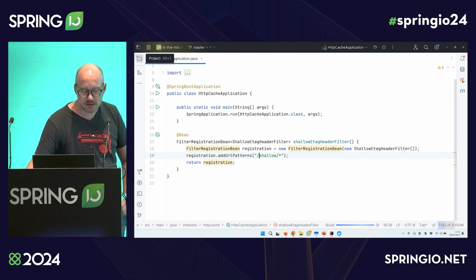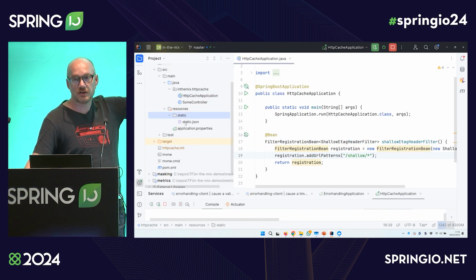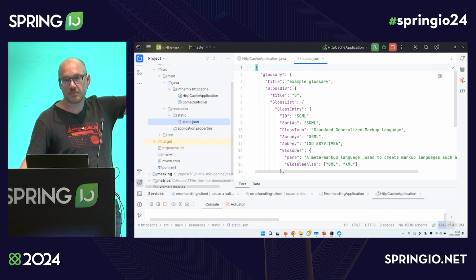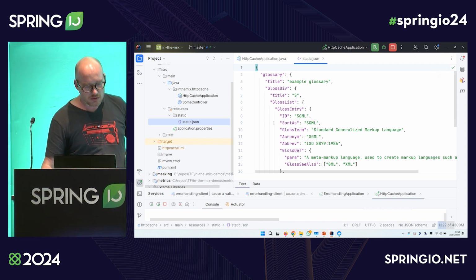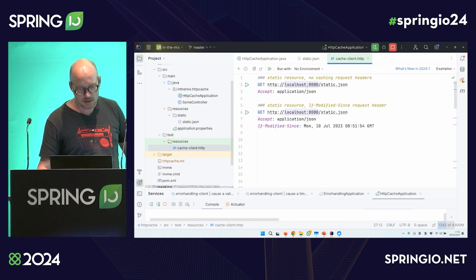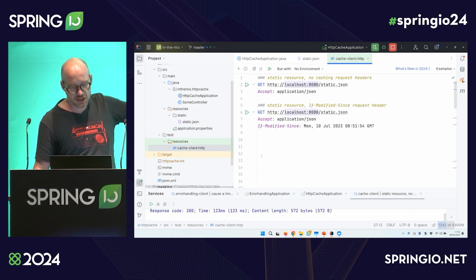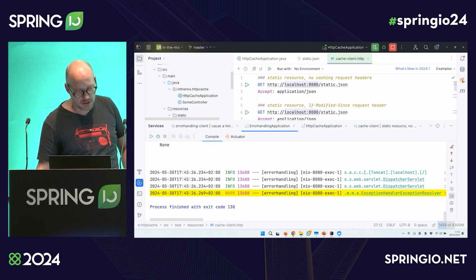And while I'm starting it, I'm also going to show you that in the resources folder, we also have a static file here. This is called static.json. It just contains some random JSON. And as you probably know, Spring Boot has built-in support for static content. So now the application is running. What we can do is we can first retrieve that static JSON. We're going to get back a response. And in the response, what we're going to see is,